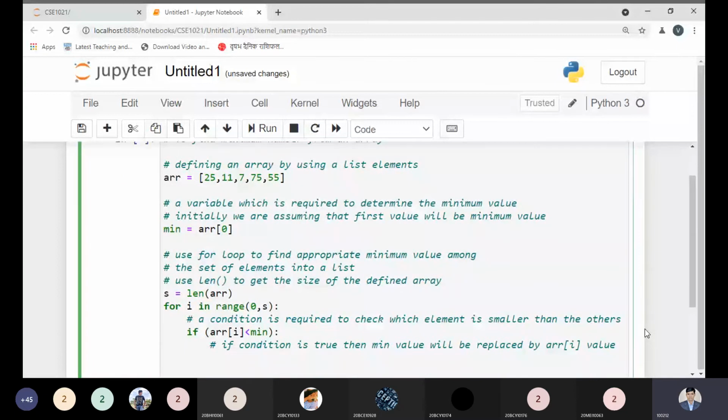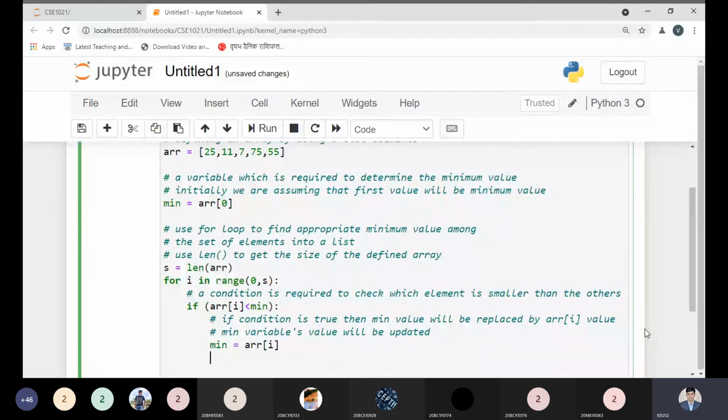Okay, so there will be a simple statement: min = arr[i]. So minimum will be updated. So here the minimum value is updating. So replace. I can write like this one: the minimum value variable's value will be updated. Okay, so now this is updated.